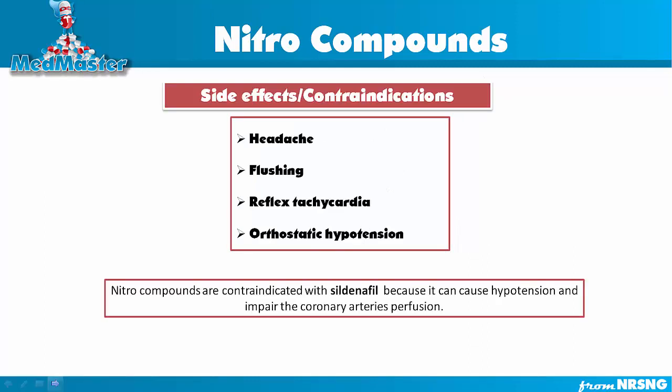The next topic is side effects and contraindications. One of the main side effects of these drugs is orthostatic hypotension, because it dilates the arteries and veins, causing really profound hypotension. That's the one you have to be really careful about when giving these drugs to your patient. And when you're giving these drugs, teach patients not to get up suddenly, because when you get up suddenly, it causes a big drop in blood pressure,